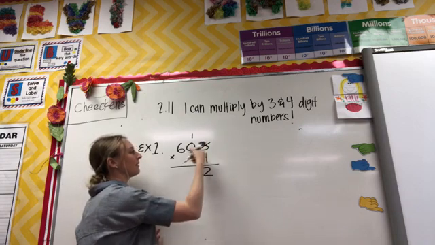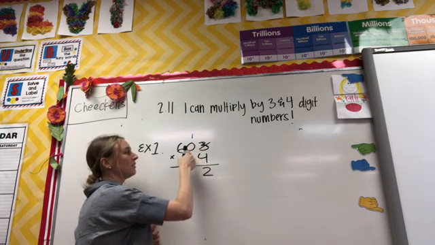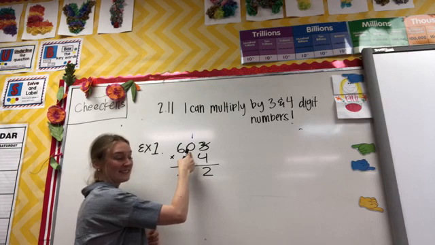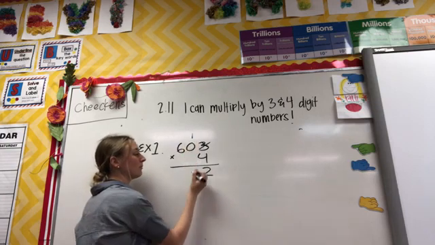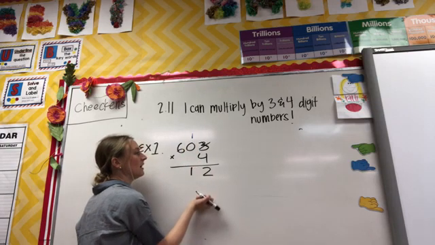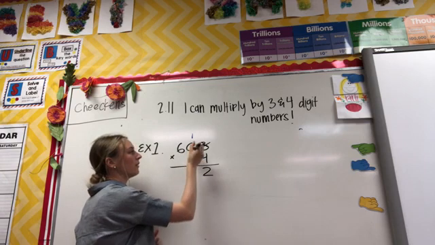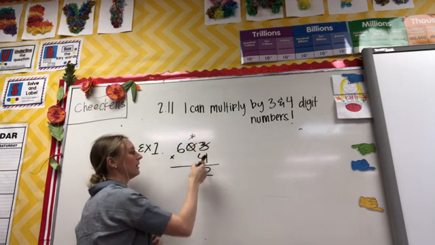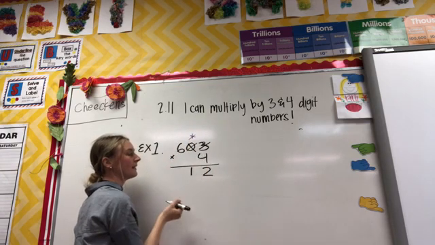Our upstairs neighbor, let's go next door. 4 times 0 is easy, 0, plus 1 is 1. All right, let's do our last one. 4, so we're done with this neighbor. So 4 times 6 is